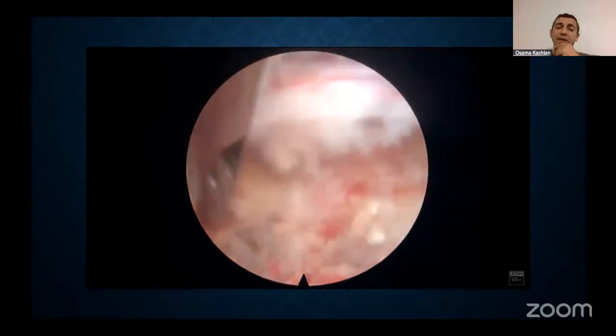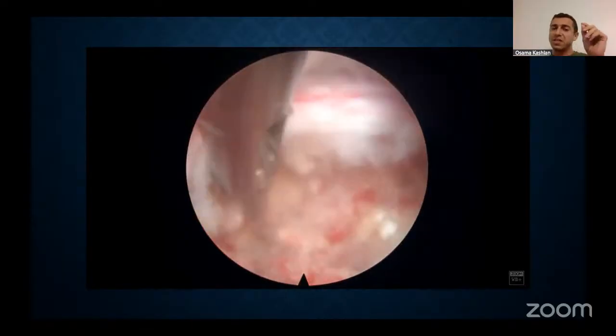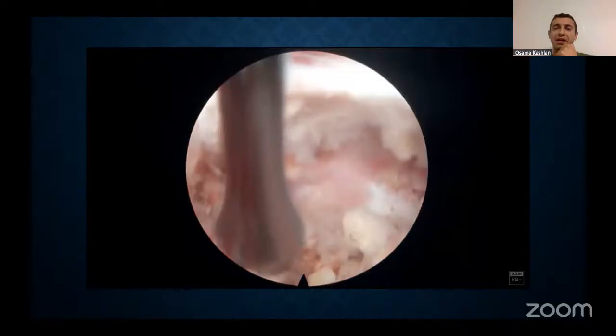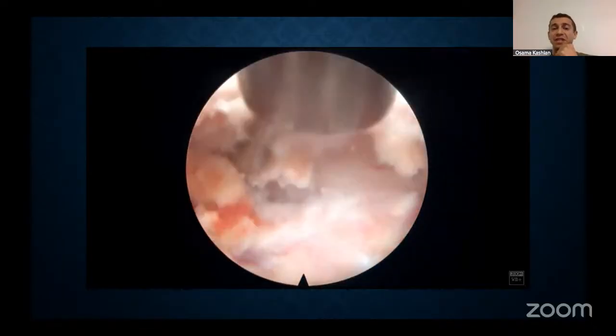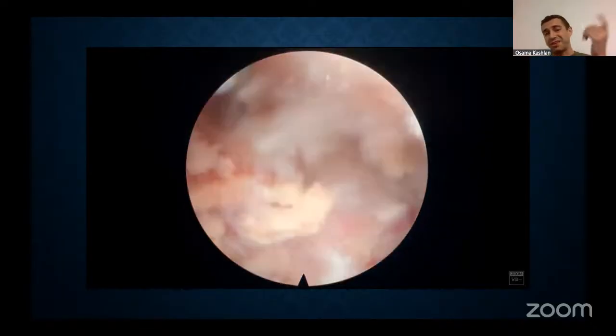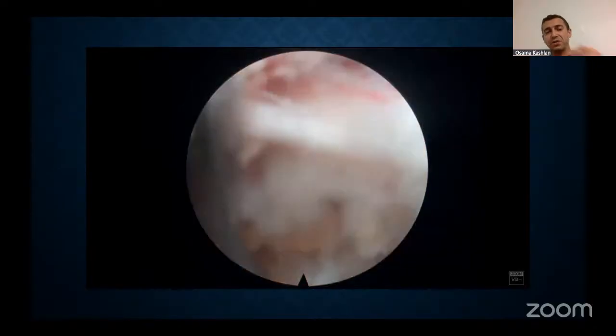And in this patient, I did have a little CSF leak. I'm not sure if it was caused by me or by the disc that was already there. So you'll see that after getting all the chunks that I was able to get, there's some that are stuck, and I left them. Obviously, safety first, do no harm.